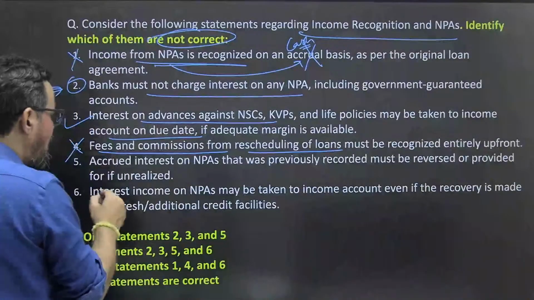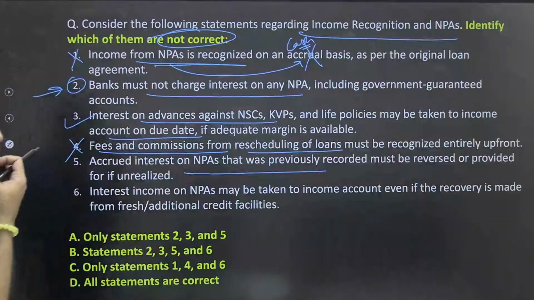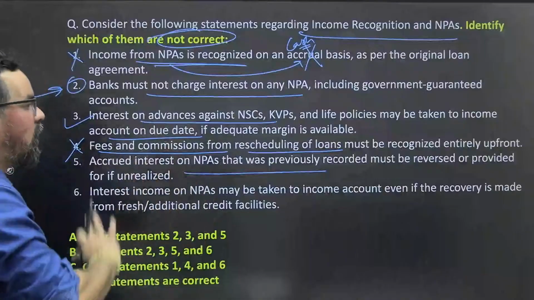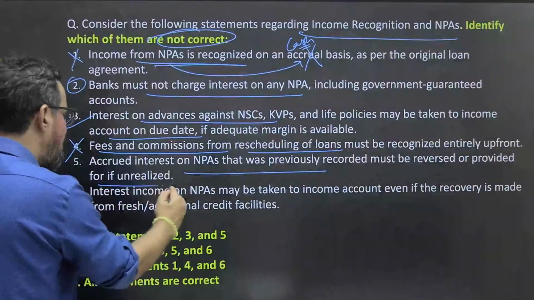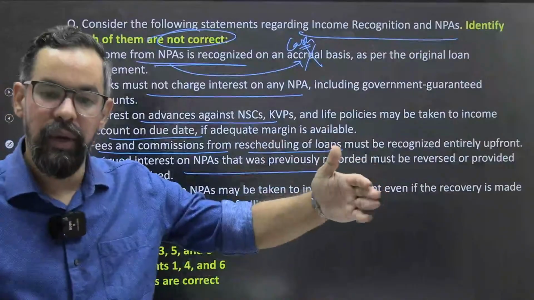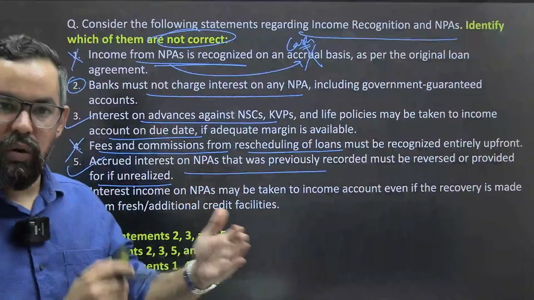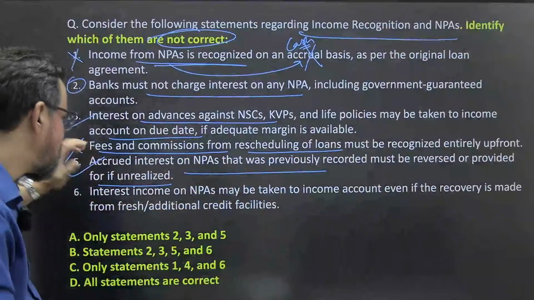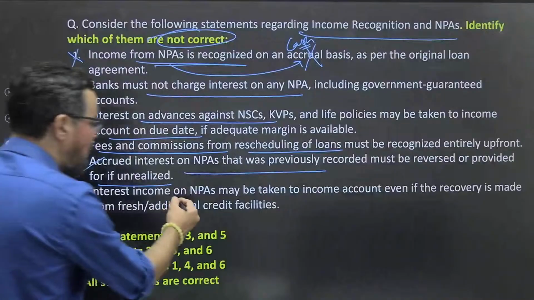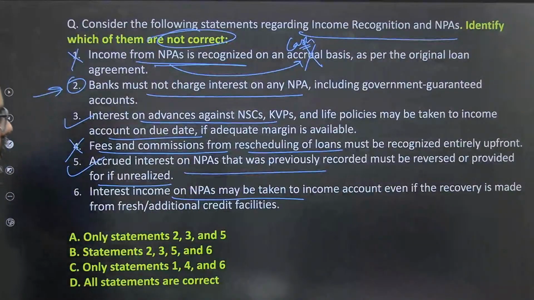Accrued interest on NPA that was previously recorded must be reversed or provided for, unrealized — 100% true. If we have done accounting like this, accrued, and from this date EMIs will keep coming, let's say if we have accounted one, we have to make reverse entries. So that is the truth. Interest income on NPA may be taken to income account even if the recovery is made from the